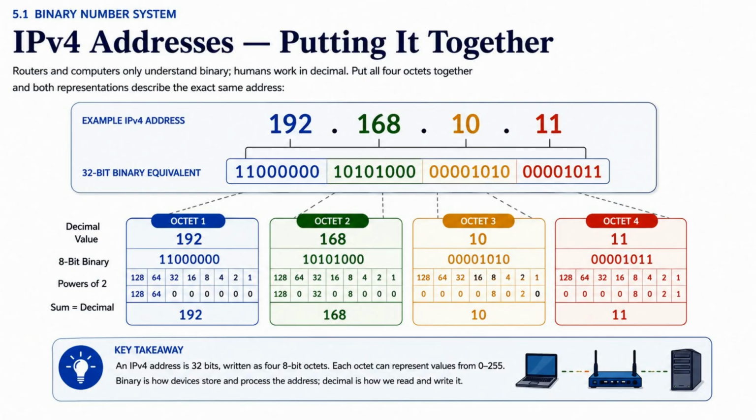Put all 4 converted octets together. 192.168.10.11 in decimal is exactly the same address as